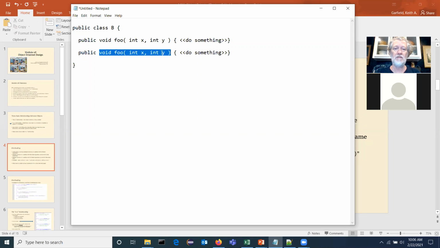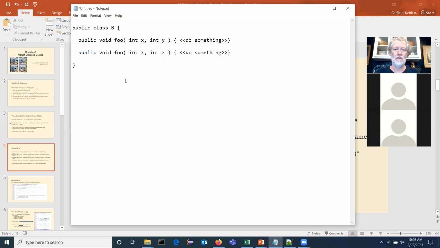So we can fix that. I'm going to fix it first by changing the Y to a Z. Did that really fix it or not? I don't think so, because the signature is still the same. Right, some other class. If I said, oh gosh, let's do it properly. Object 1 equals new B, right? And then I say object 1 dot foo 0, 0.